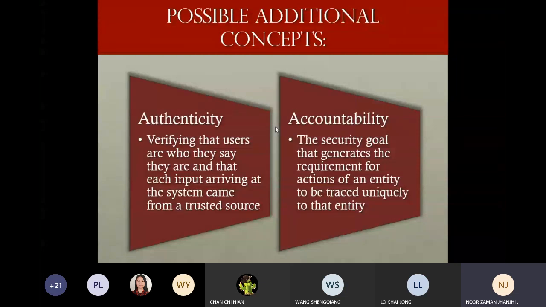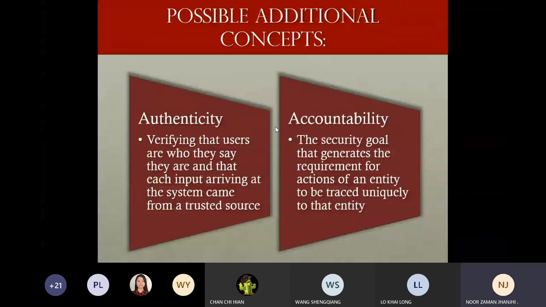Authenticity means we have to authenticate the user. If we want to transfer data to Mr. A, first of all we have to verify that the receiver is genuinely Mr. A. We are following the CIA, it's okay, but here we have to make sure this is the same person. How do we do that? We verify users using authentication mechanisms like login systems, passwords, and IDs. This makes sure that the right person is receiving the data.